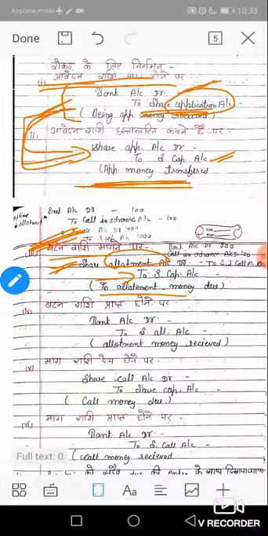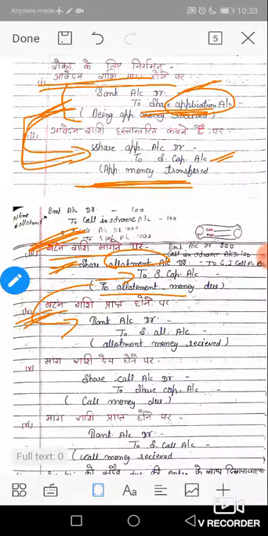Next, the amount is deposited in the bank. The shareholder deposits the allotment amount in the bank account. Then the entry is Bank account DR to Share allotment account. First the allotment is due, and after that the shareholder deposits this amount in the bank account, Bank account DR to Allotment account, and the process related to allotment is complete.